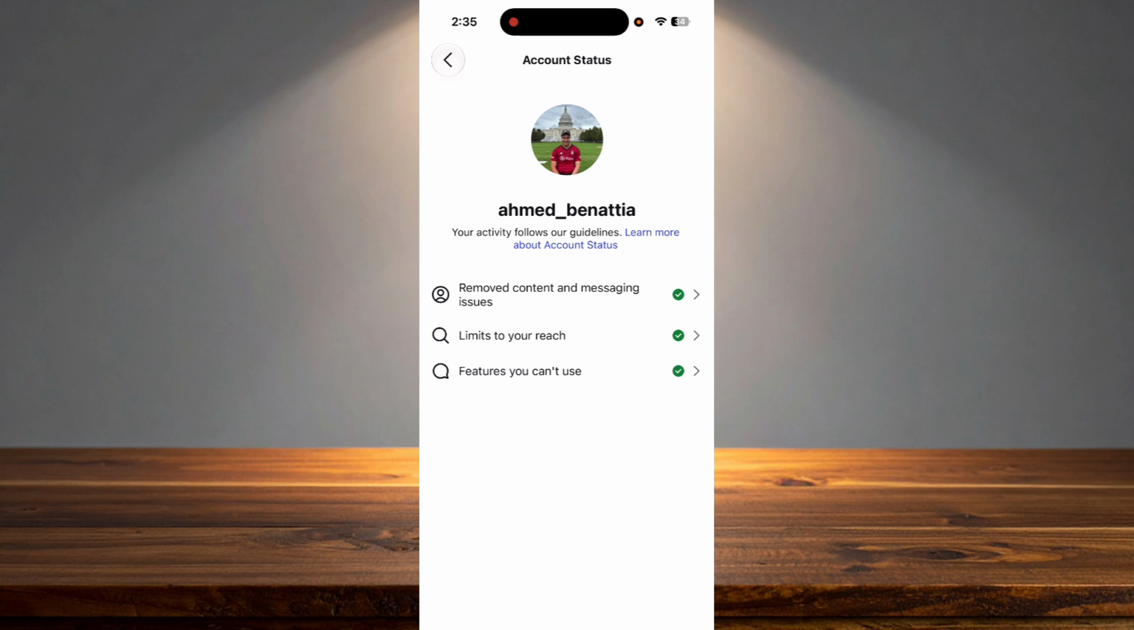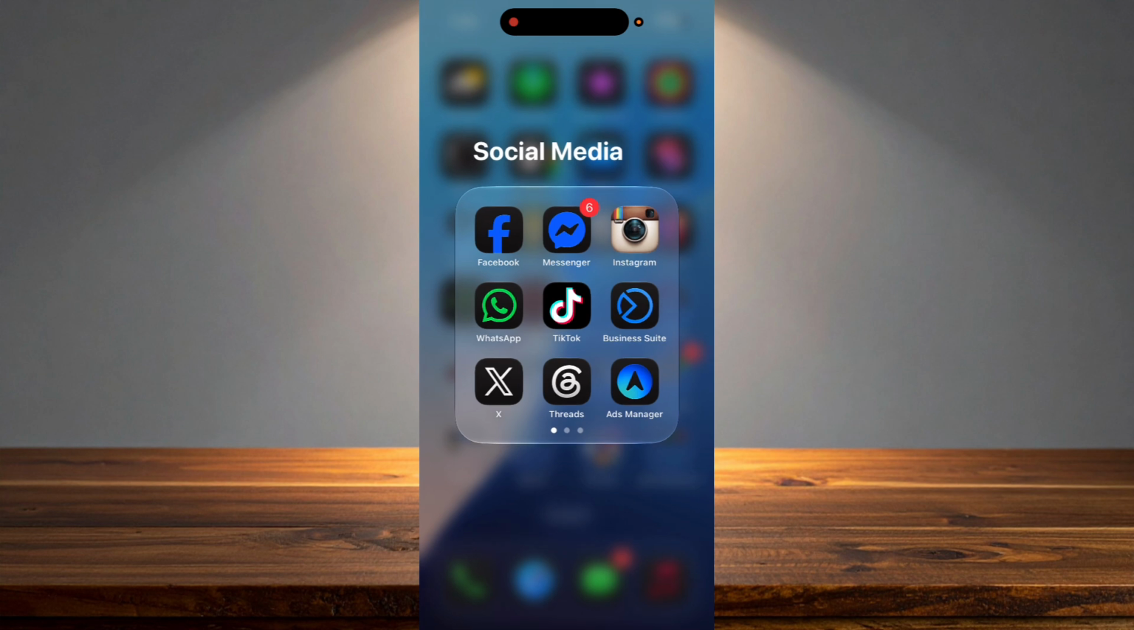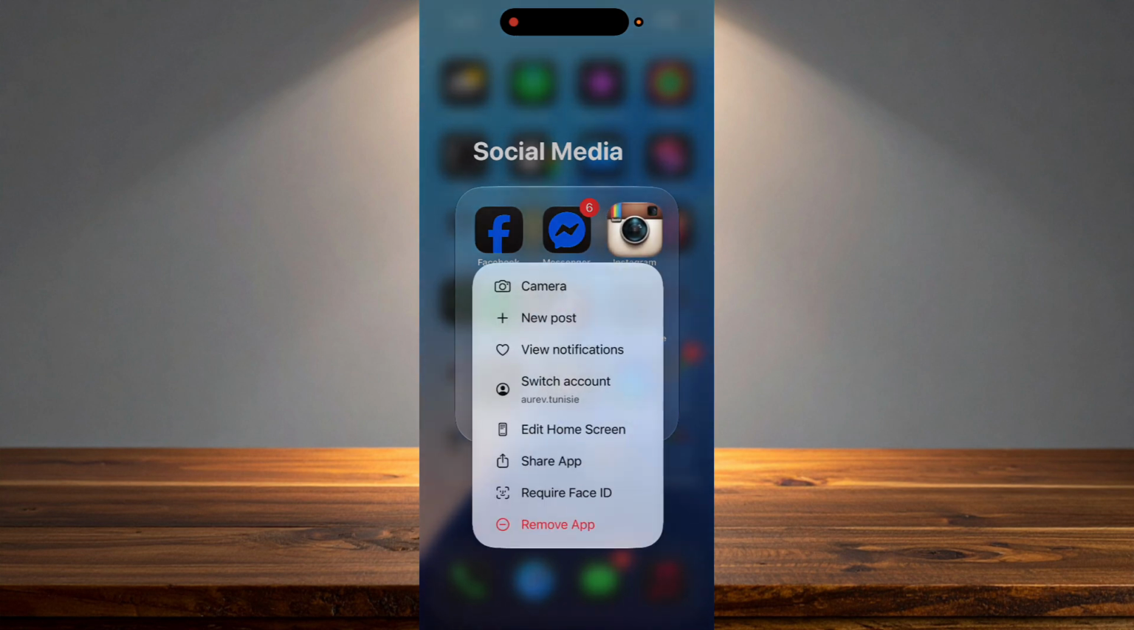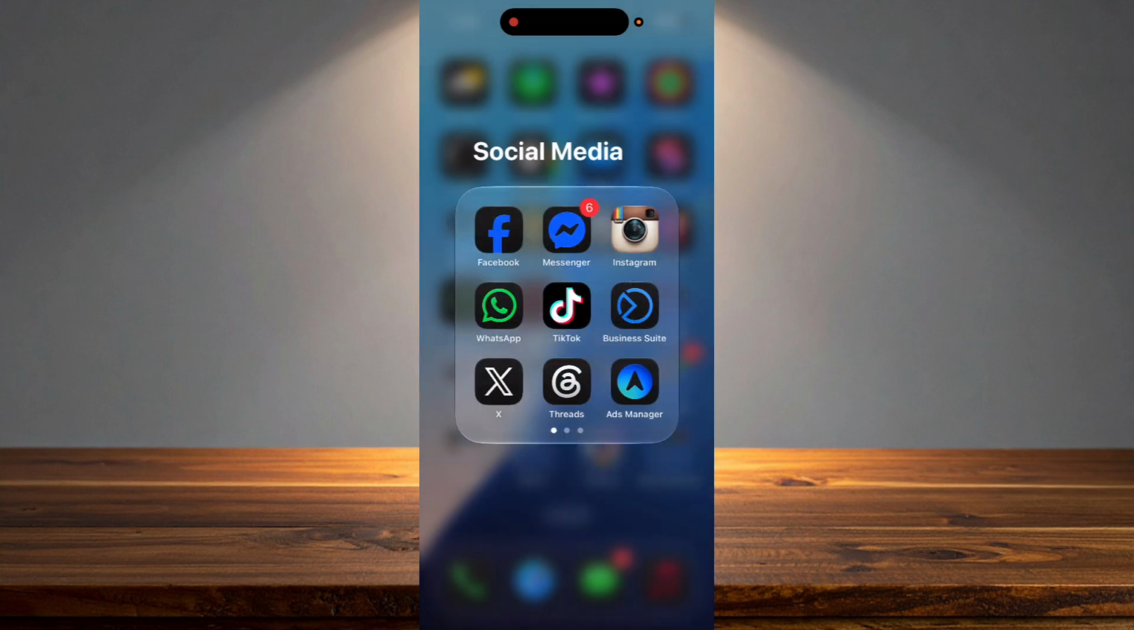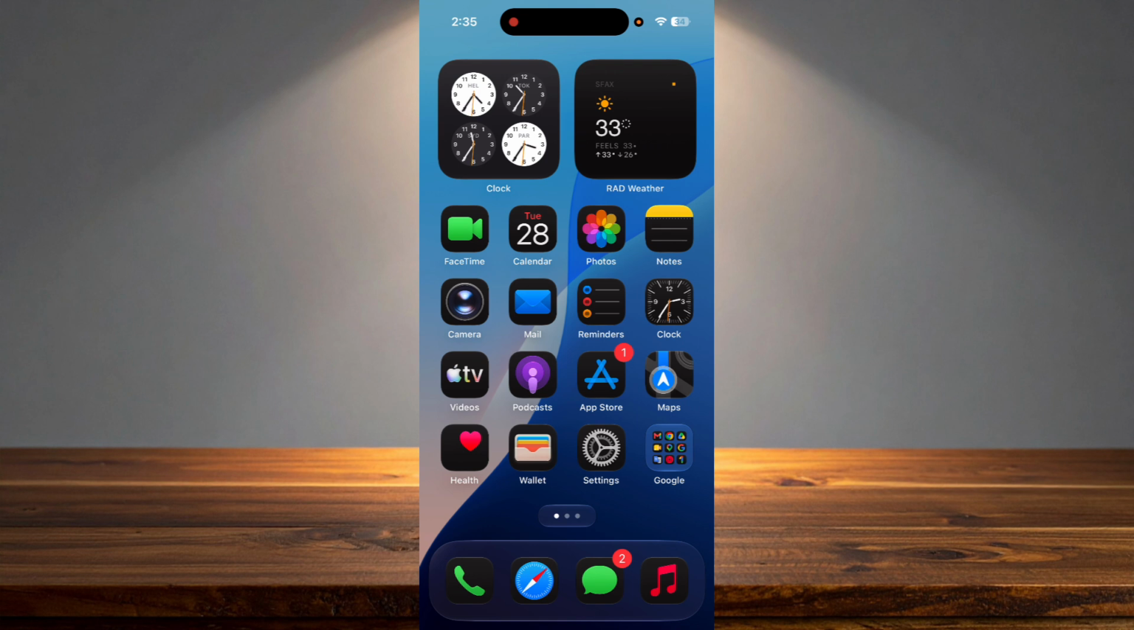And after that, if it's still not working, you have to delete Instagram and reinstall it again. And to delete it, you have to long press on it, click on Remove App and delete the app and reinstall it again. And if all those solutions are not working, you have to check another phone, for example,